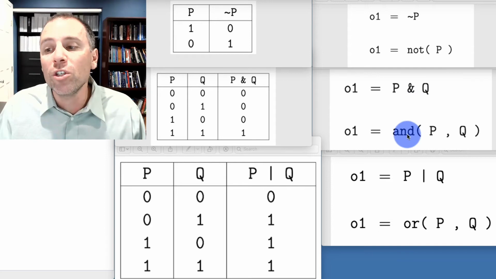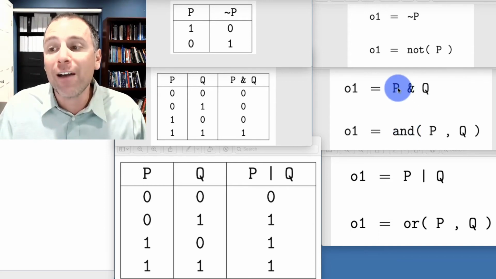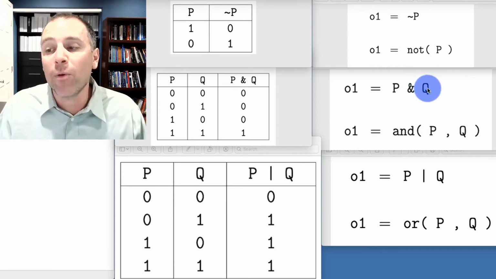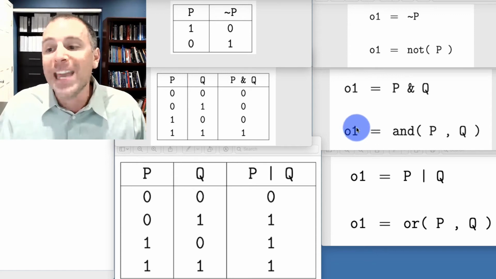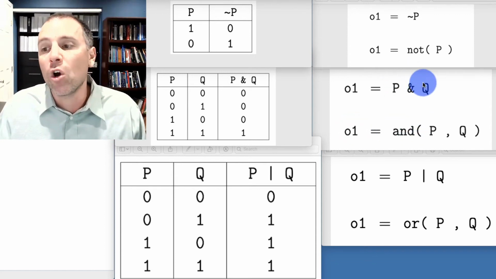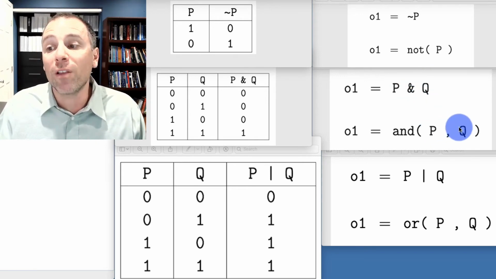We could have also used the AND function. The left operand of this operator goes in the first argument of our function, and the right operand goes into the second argument. The output, again, O1 means first output, is a matrix of the same size. So the left component and right component go to the left and right of the ampersand, or to the left and right of the comma using function notation.